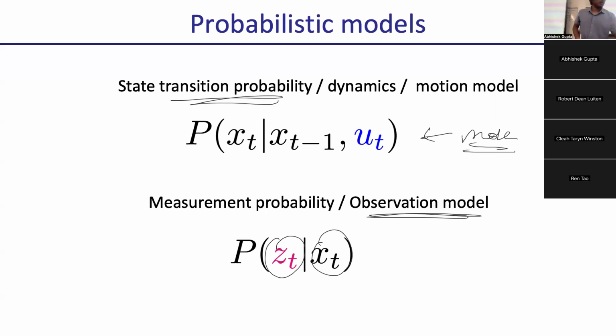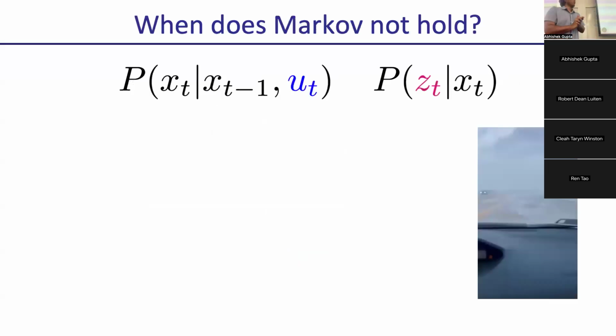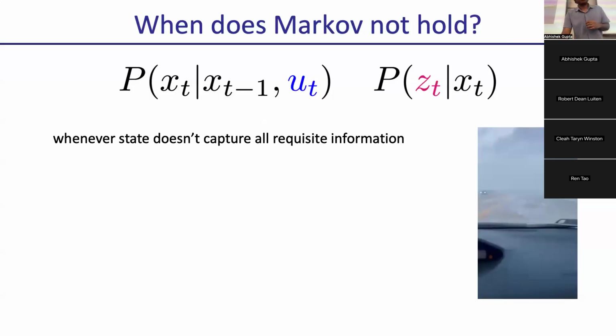Okay. So when does Markov not hold? We talked about the Markov assumption. It's an assumption. What is an example of a situation where Markov doesn't hold? Yeah, so if you're not measuring, for instance, if your state doesn't include anything about the tire, then it's not Markov. Some other examples are